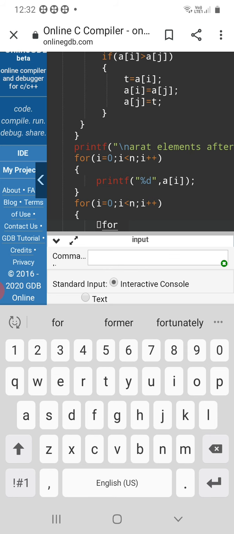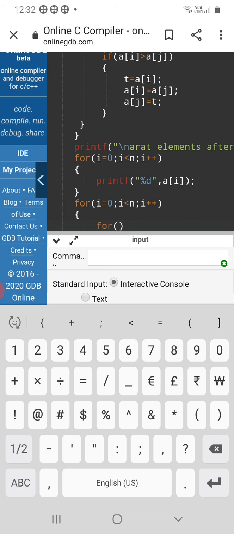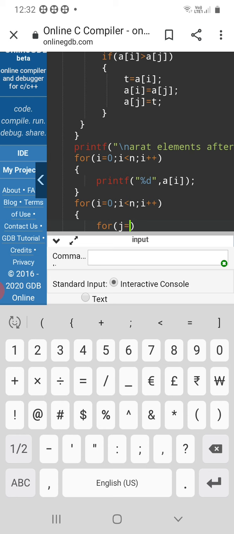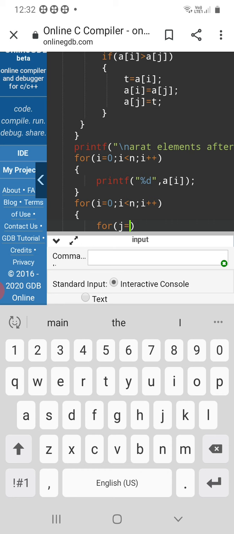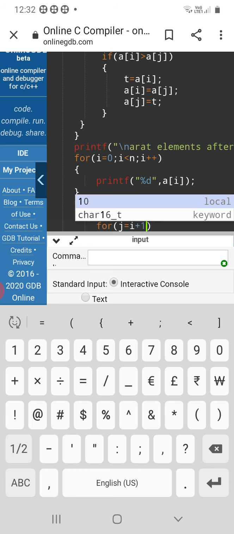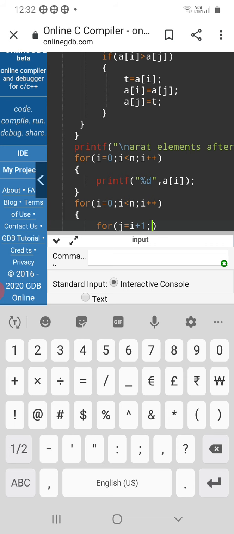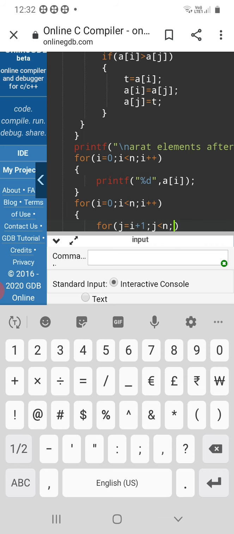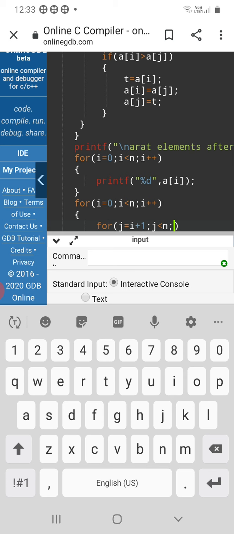For, I'm writing j equal to i plus 1, because it is in descending order. j equal to i plus 1 terminating with semicolon, and j less than n, terminating with semicolon, and post-incrementing the operator, j plus plus.